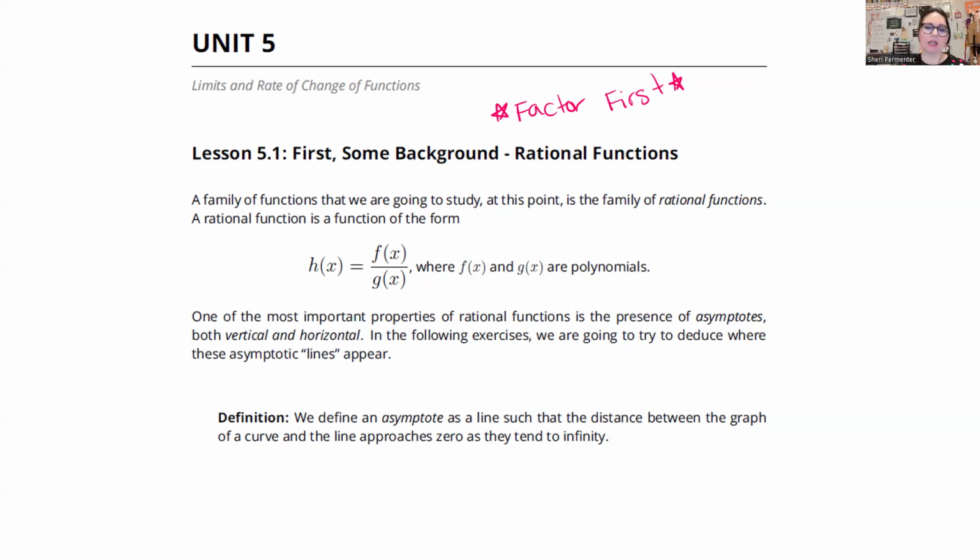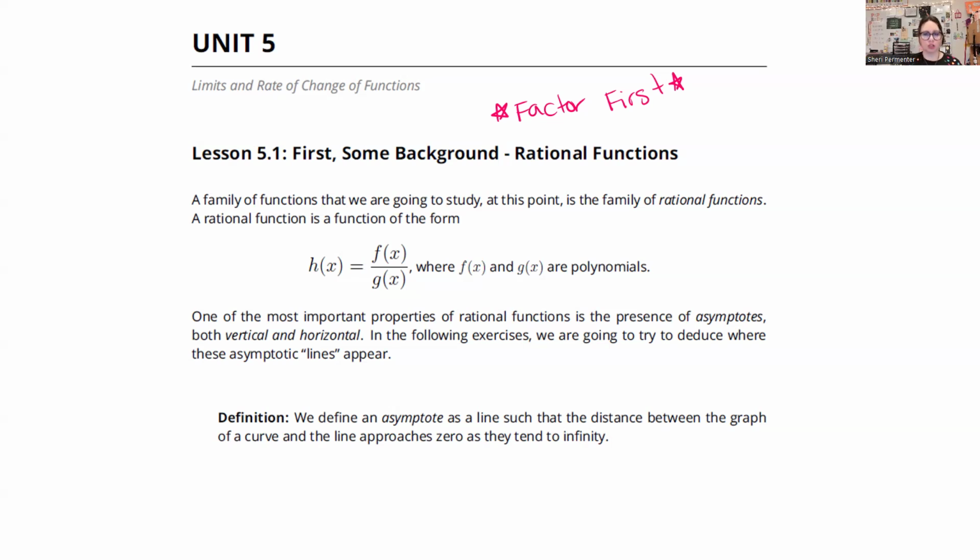In your packet, it talks about a new family of functions we're going to study. This isn't on your paper. At this point, it's the family of rational functions. Y'all covered that last year, right? I hope so. Yes? Y'all did rational functions? Okay, awesome. Well, I know we cover it in on-level Algebra 2, so I have to believe that everybody was